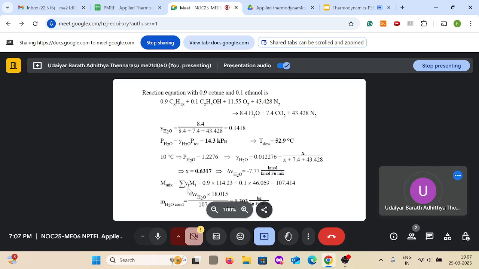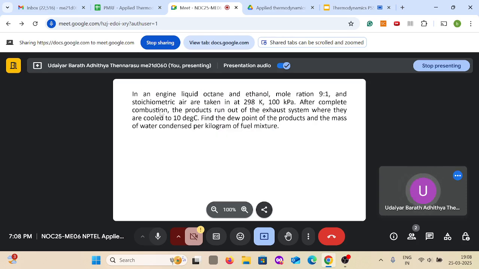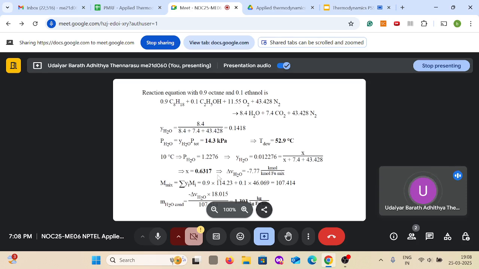So 0.9 times 114.23 plus 0.1 times 46.069 gives you 107.414. That is the molar mass, and for water it is 18. So for 1 mole of fuel,